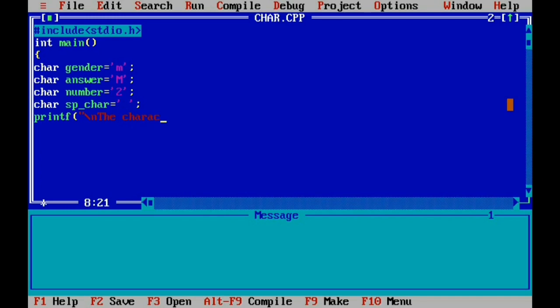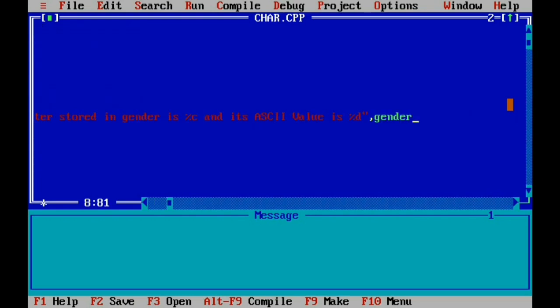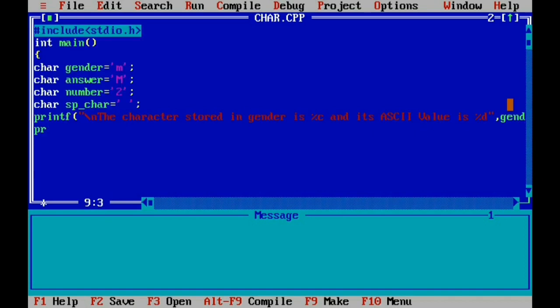the character stored in gender is %c, and its ASCII value is %d, then quote over, comma, 2 times you have to write gender again, bracket over, semicolon. Now again second printf,